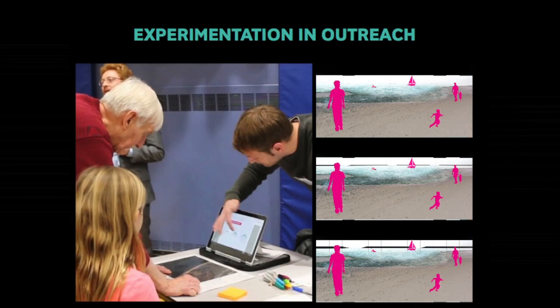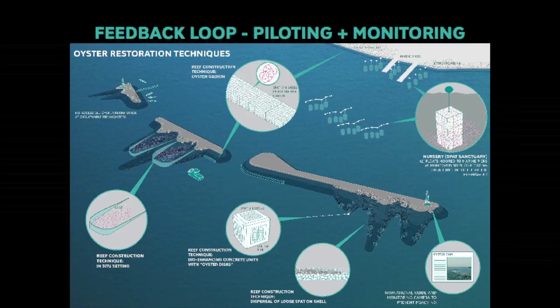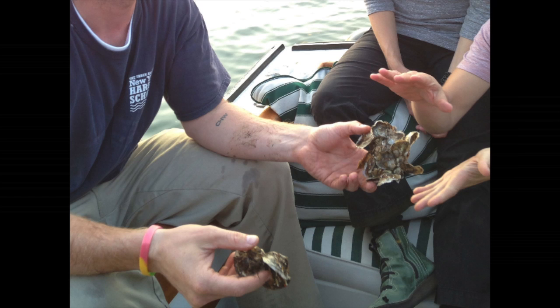And finally, to advance projects, it's really important to experiment with outreach. Here you can see that Grasshopper model that translates into an interactive screen that we've been using at our community meetings. So it's all connected. A major challenge is also living systems, right? The three of us are all talking about living, growing systems. And so with oyster suitability, it's incredibly difficult. These living systems are regulated differently.